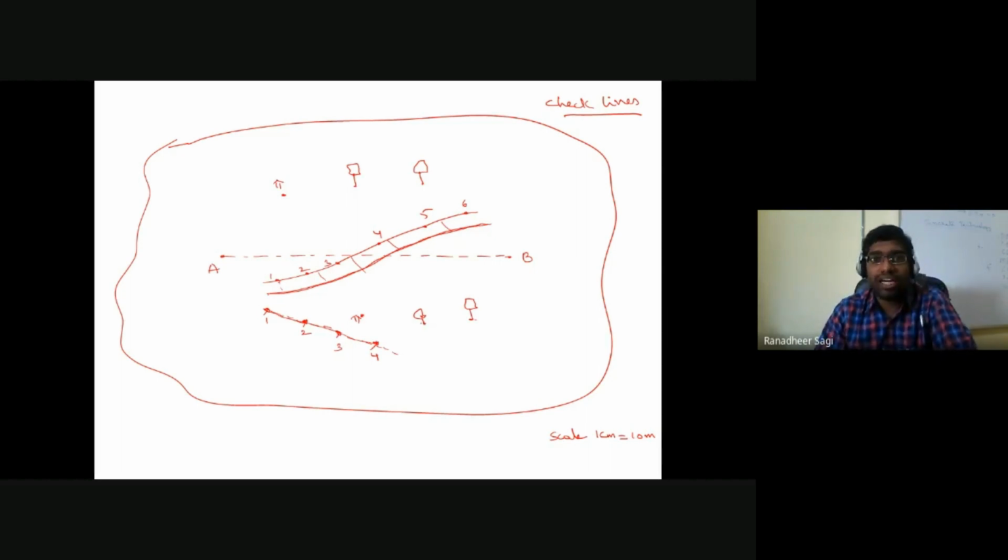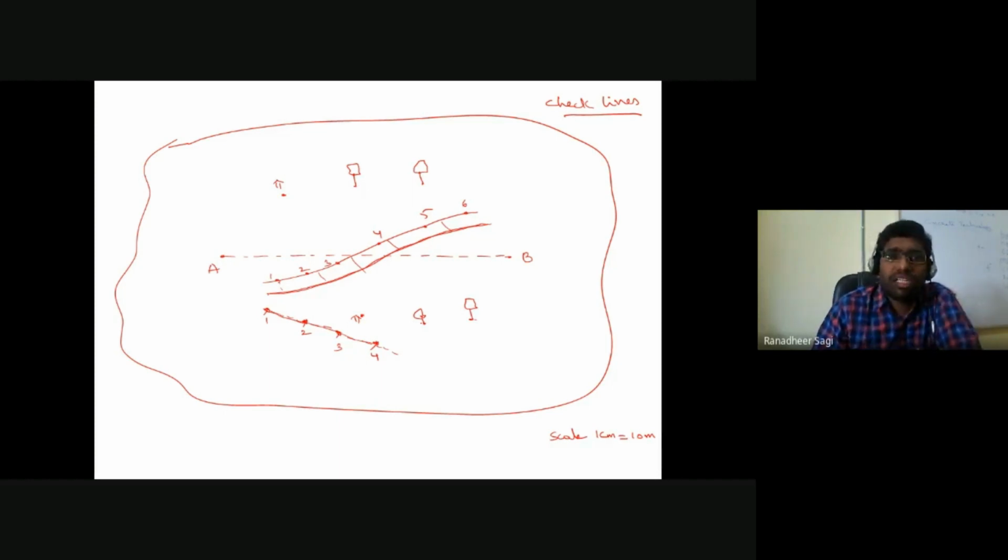So I'll try to measure the distance between those checkpoints in your map as well as in the field, and I'll try to compare those measurements. What you got from your map and what you have in your field, we'll cross-verify whether the mapping of your data that you have done in your map is correct or wrong.